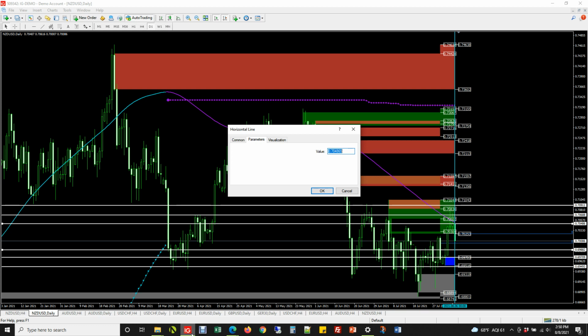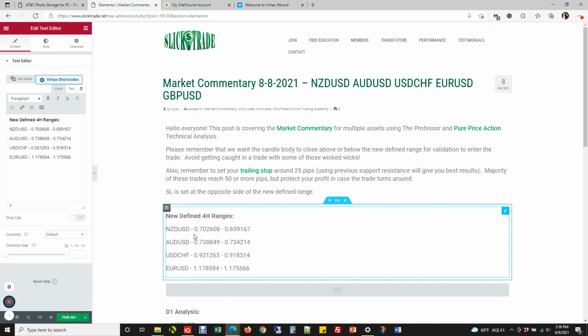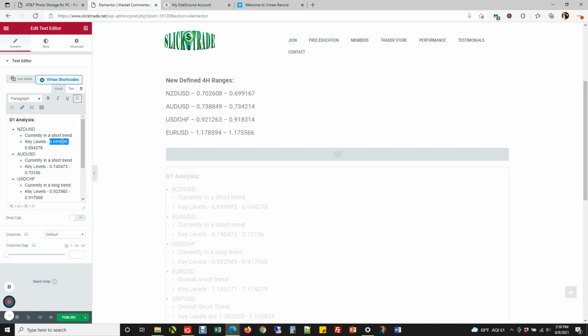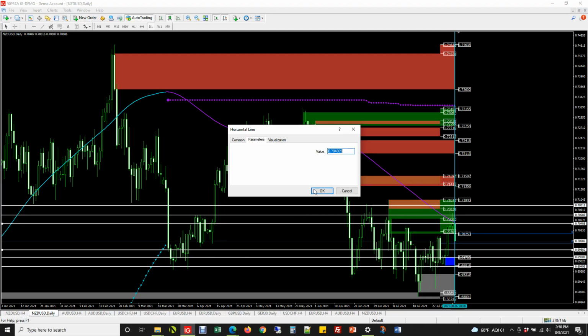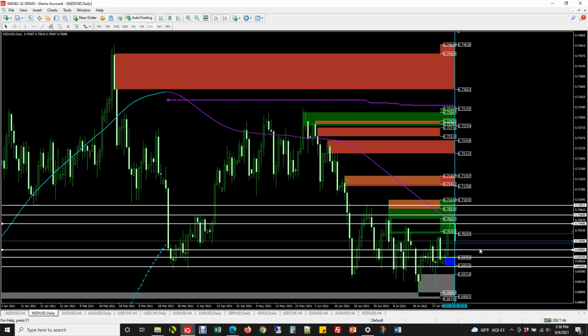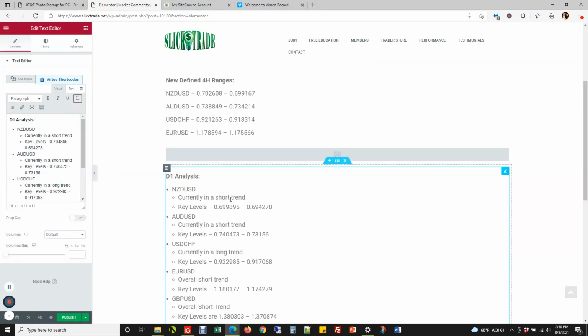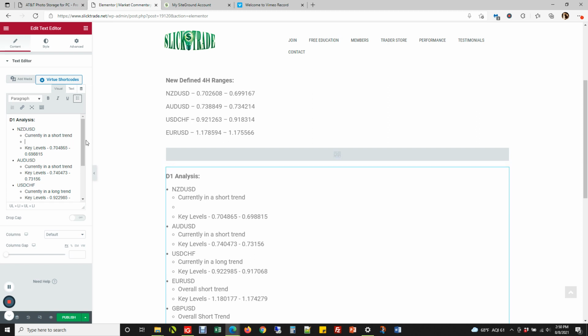There we go. Proportion here. If you look at the daily time frame, if there's a trend, a very visible trend, then sometimes I'll use the 4-hour time frame for entry. But let's say there's a short trend and it's a very clear one, not what the New Zealand dollar is in right now. Right now we're in a consolidation period. But if you see a very clear trend, then